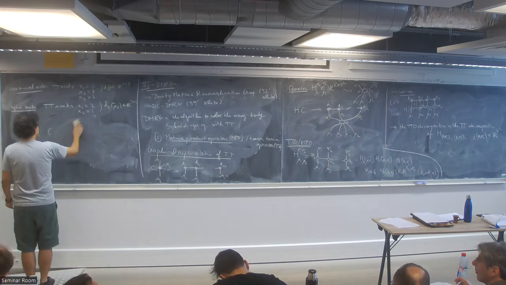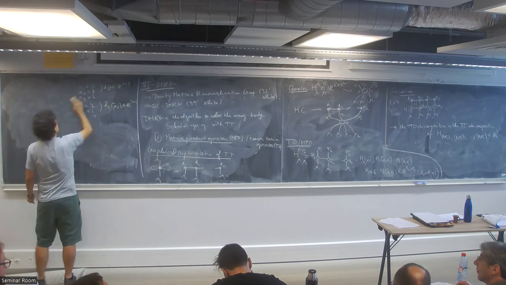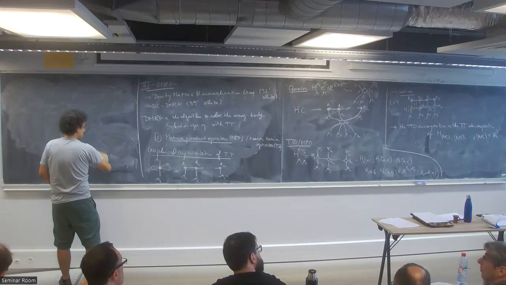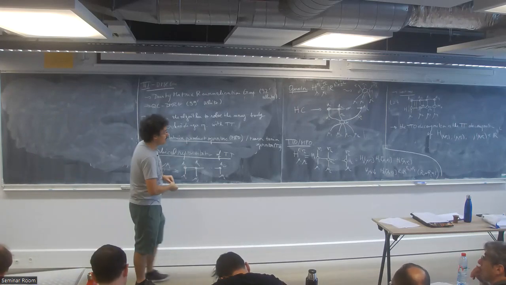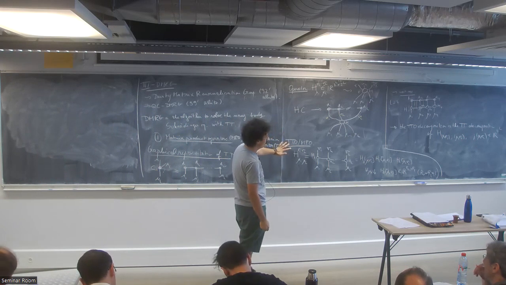So now, before looking at what happens to the electronic Schrödinger operator, let's look at some of the algebraic properties of tensor train